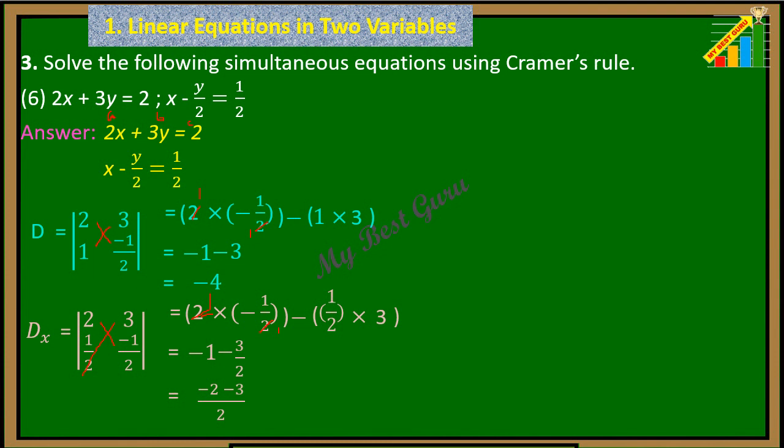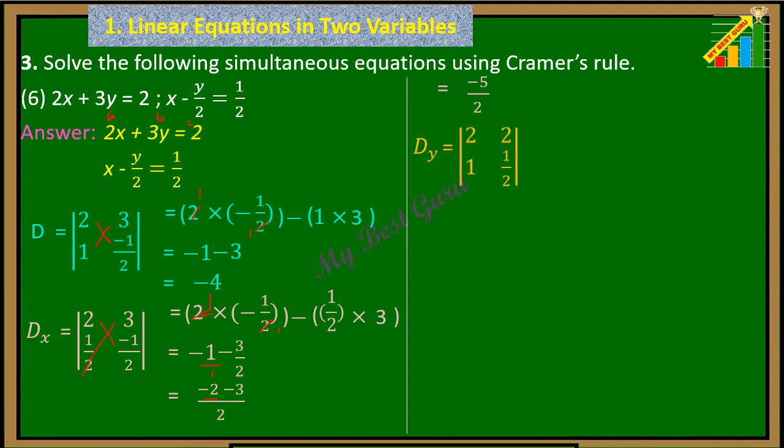Whenever you have to add or subtract any fractions, firstly you have to check whether the denominators are the same or not. So here nothing is there, means 1. So it is minus 1 by 1. So you have to make the denominators the same. So multiply this 2 by 2, you will get 2 multiplied with minus 1 is minus 2. This is minus 2, minus 3 divided by 2. So minus 3 and minus 2 is equal to minus 5 divided by 2.